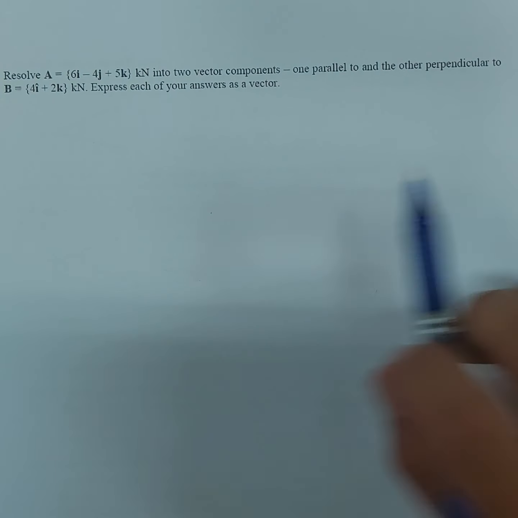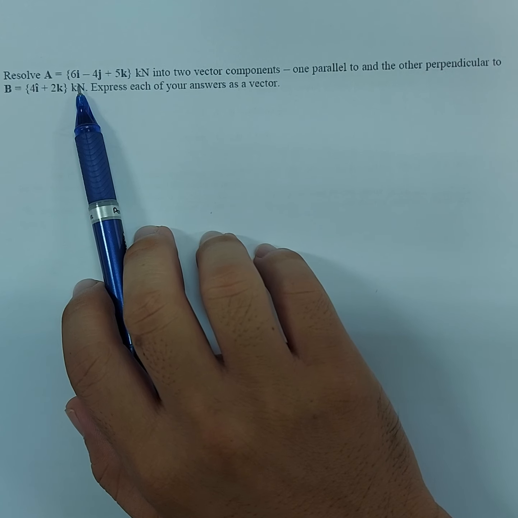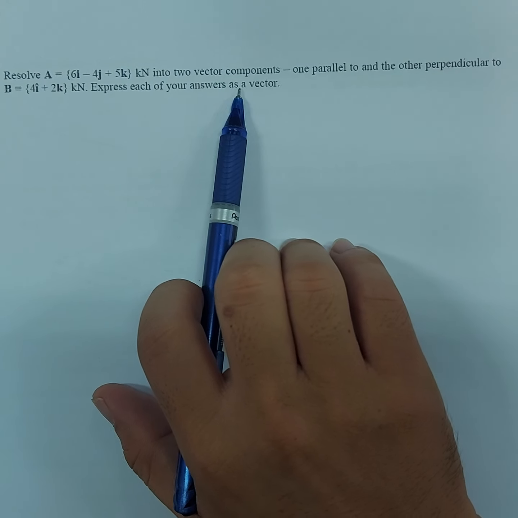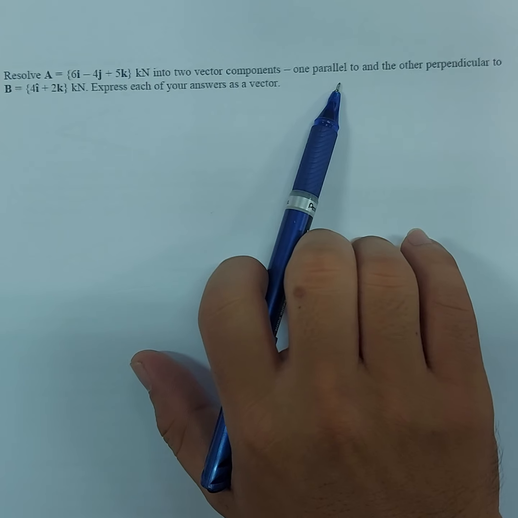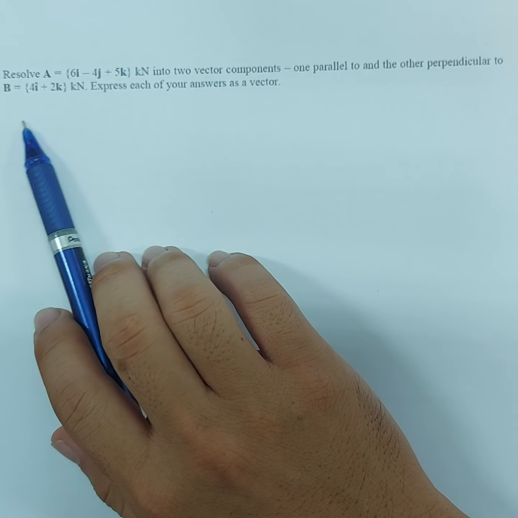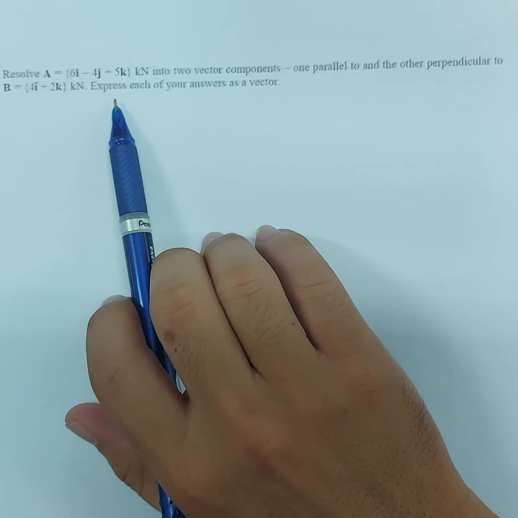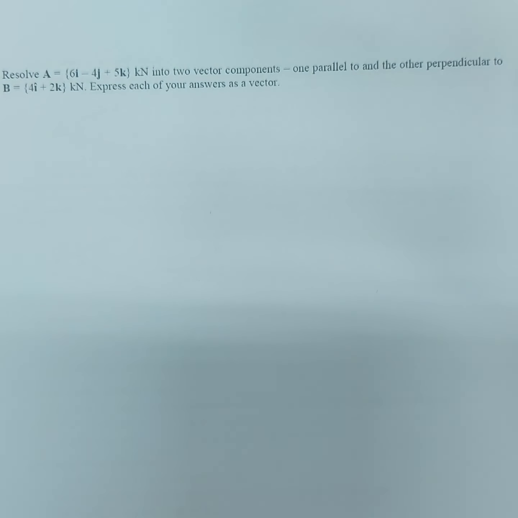Resolve vector A, this is vector A in its Cartesian vector form, into two vector components: one parallel to and the other perpendicular to vector B. Ito yung vector B in its Cartesian vector form. So express each of your answers as a vector. So express daw natin yung answer natin in Cartesian vector form. Okay? So, una,